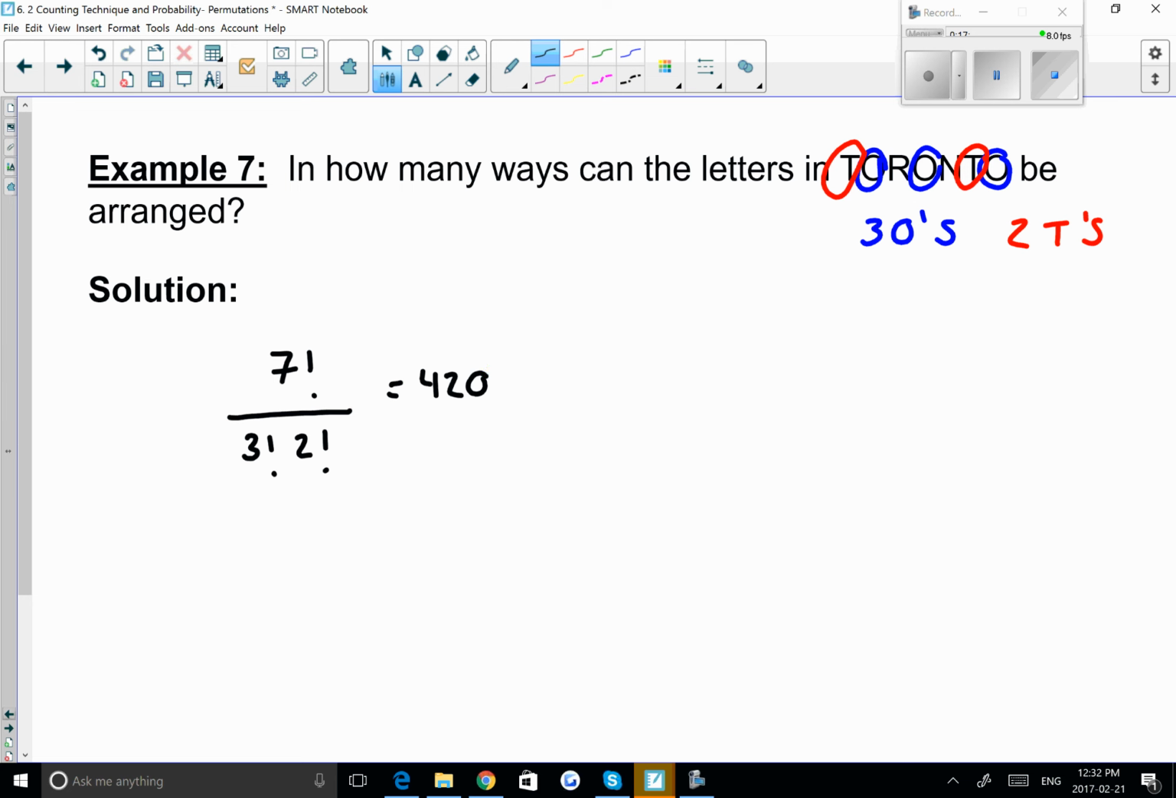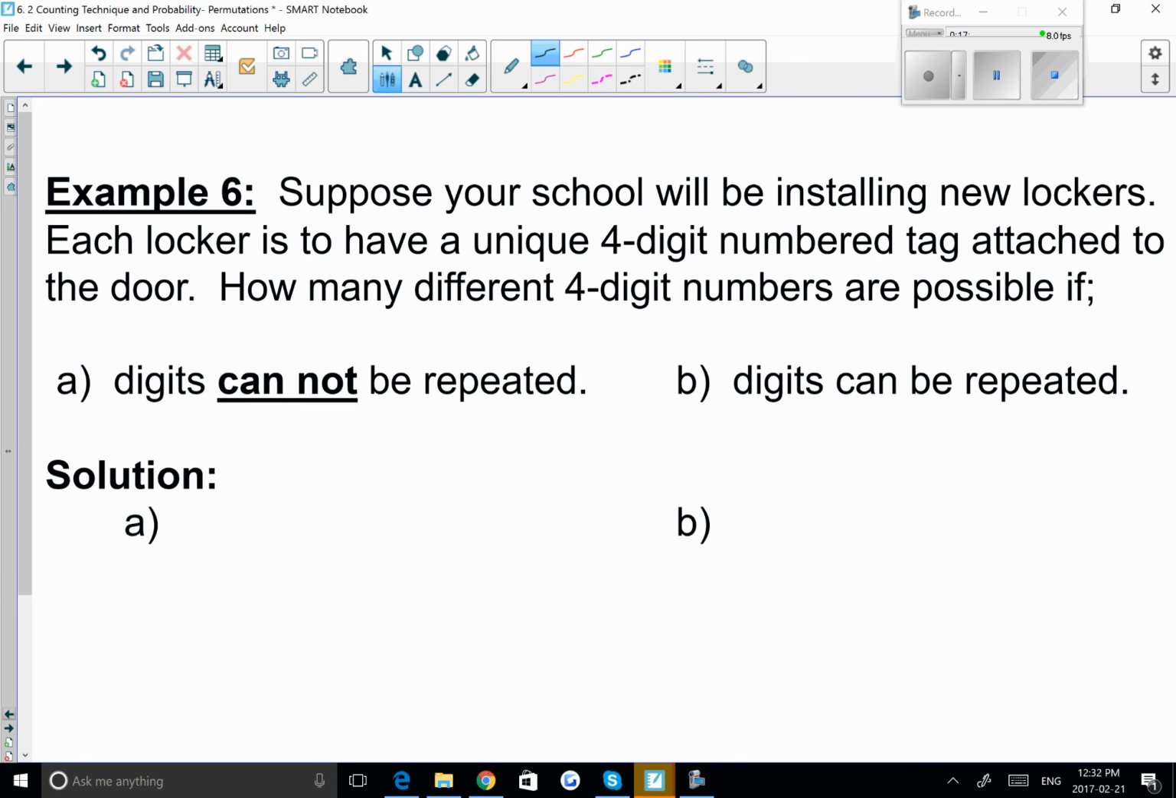So now I'm going to look at lockers. I'm going to go back to example 6. Suppose your school will be installing new lockers. Each locker is to have a unique, so that means we're not going to repeat the numbers, 4-digit number tag attached to the door. How many different 4-digit numbers are possible if digits cannot be repeated? So let's start with that. Assuming that I can use 0 first,